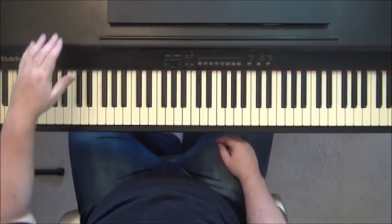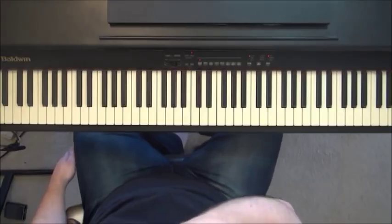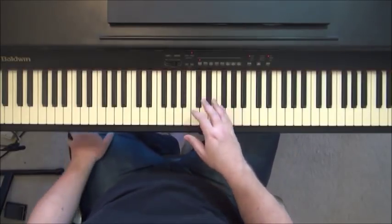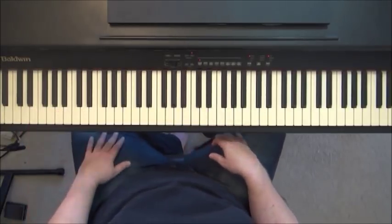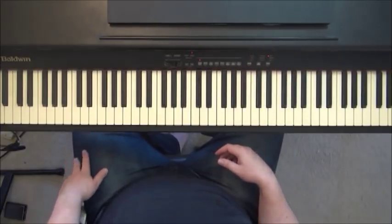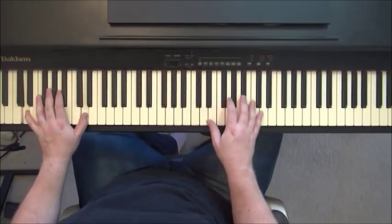So he doesn't just walk around and sing to it. So I do believe there's a keyboard part, and we're going to kind of approximate it based on the rhythm going on in the song and what I've been able to piece together watching live performances. So we're in the key of D, D major,